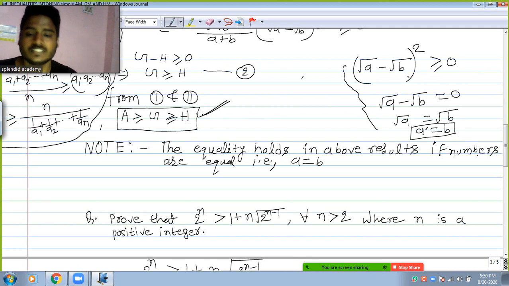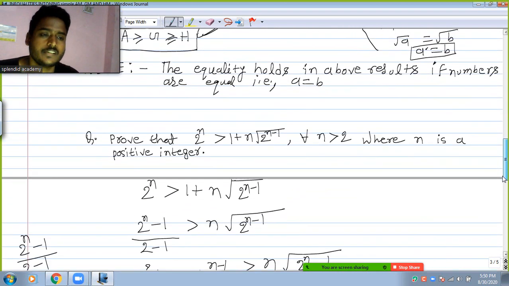And what is the catch in the question? The numbers should be positive, and the question will ask for a minimum or maximum value, or if you have to prove something, then the question will involve an inequality sign, right? And the numbers should be positive, of course. So based upon this, let's solve one question.